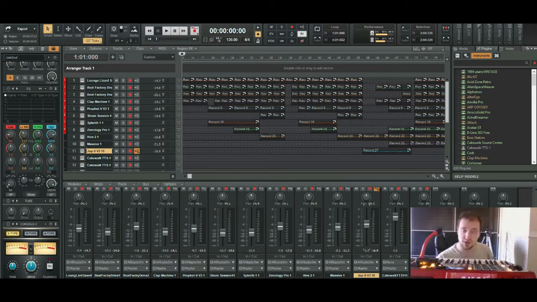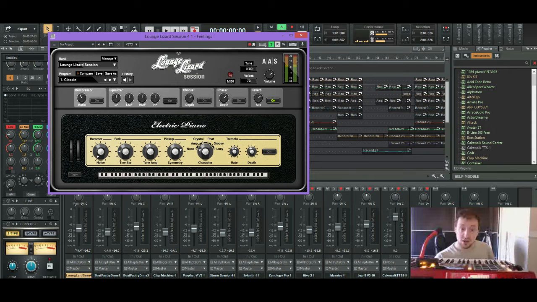So first thing I'm going to do is enable my audio engine because I have it disabled at the moment. And let's get to it. So first sound, I'm just going to solo that. And the first sound comes from an old classic Music Creator 6 plugin that I unfortunately lost during those days. And that's Lounge Lizard Session 4.